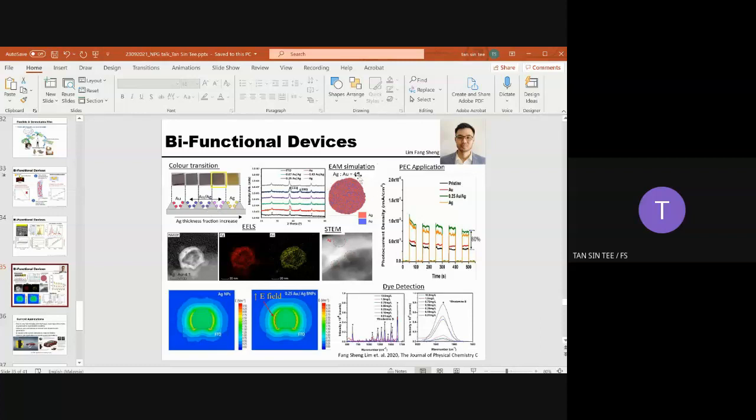So in this case, we use a simulation to study the self-diffusion property and impurity diffusion property of the materials. We control the mole ratio of our Ag and Au, and then we run the simulation, and this is the output. From the output, you can see that under this ratio, the silver can be evenly distributed, diffusing into our Au host material. Am I answering your question, Dr. Hisham?